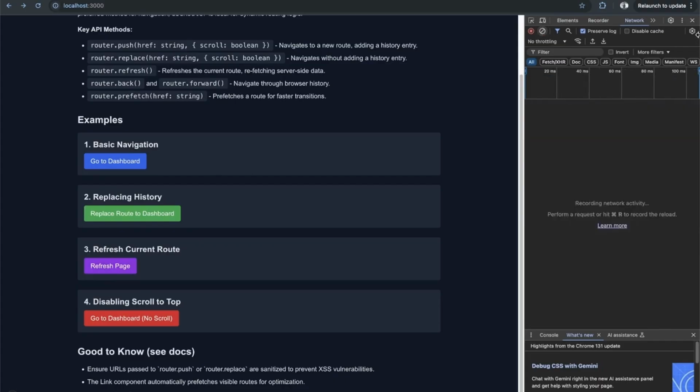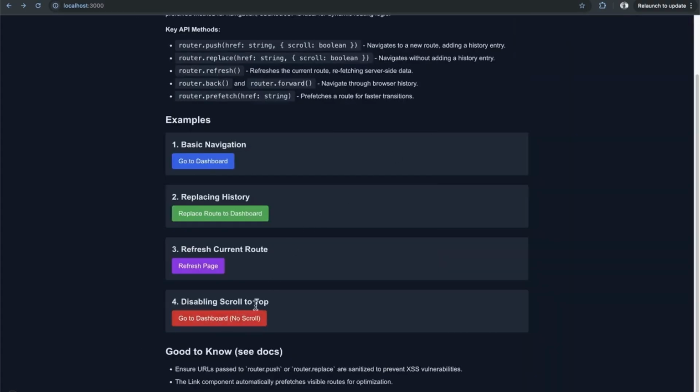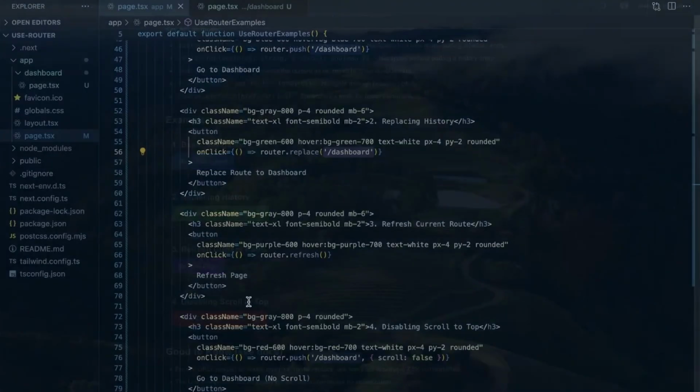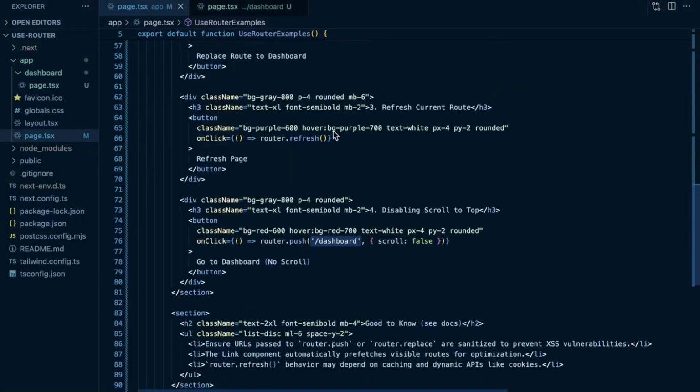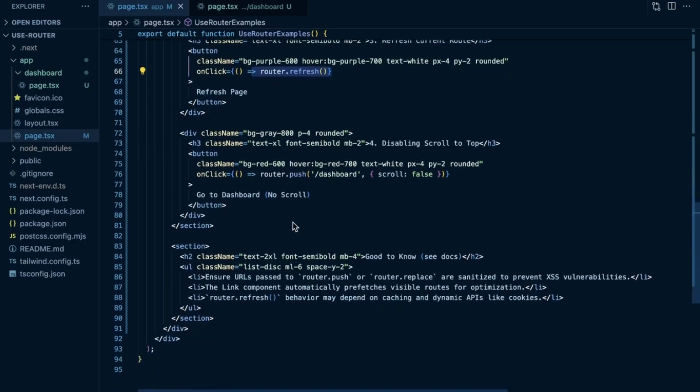And then finally here, as our final example, I will close this. And then we can also disable scroll to top. So for our refresh, I'm just calling router.refresh for refreshing the page. So you don't need to pass anything. It's just router.refresh and calling that. But for the scrolling, I do router.push, but I set scroll to false. So as a second argument to your router.push, and this is the same thing for router.replace, you can pass scroll false, and this means that it won't automatically scroll to the top of the page that you're routing